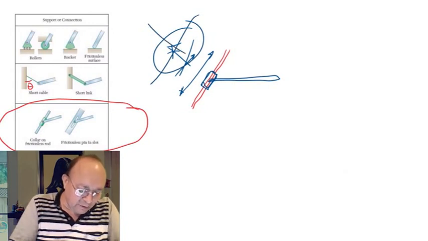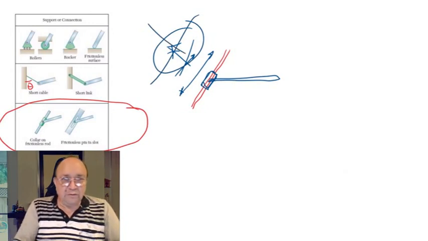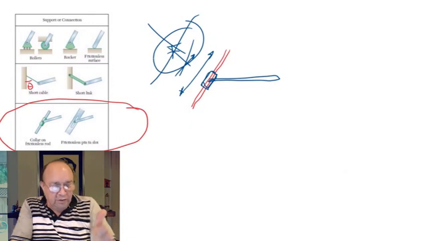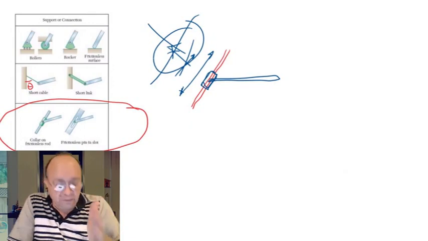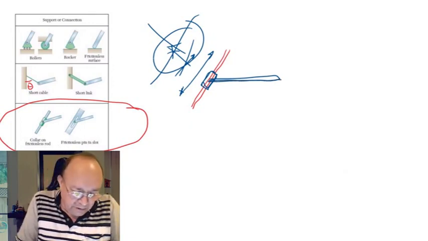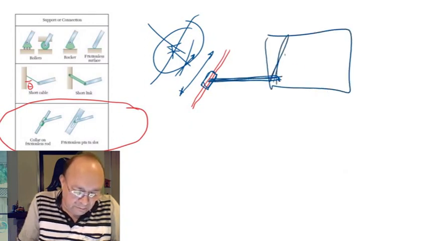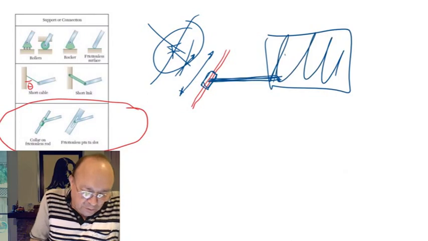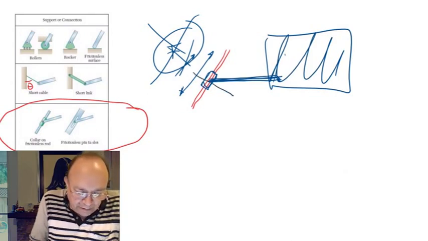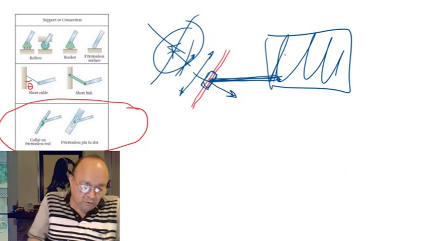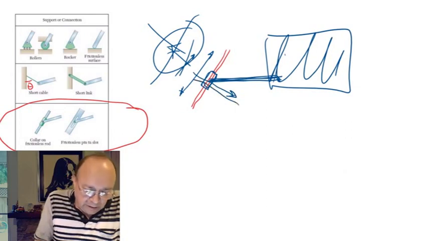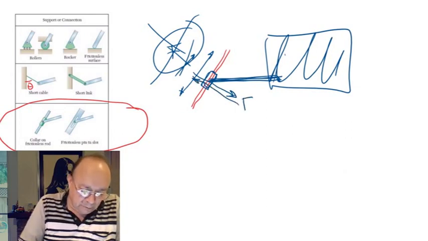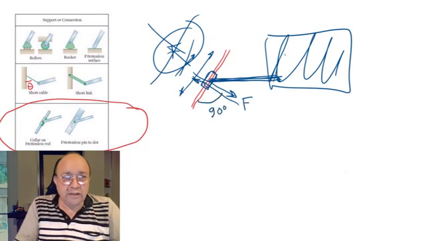The only force that this rod can exert over the body, which is, this is like part of the body, the body will be here somewhere, right? So the only force will be in this direction, perpendicular to the rod. So it could be like this, or it could be like this. That will be the force perpendicular to the direction of the rod.